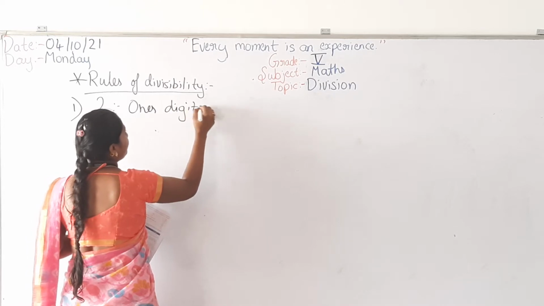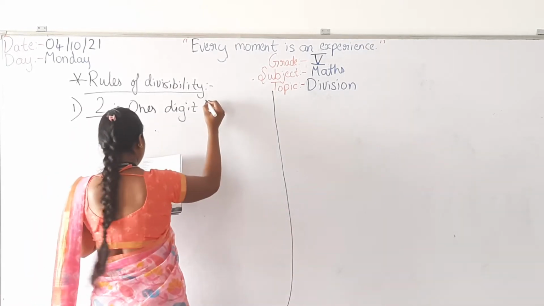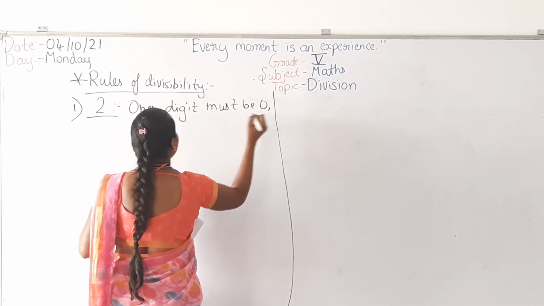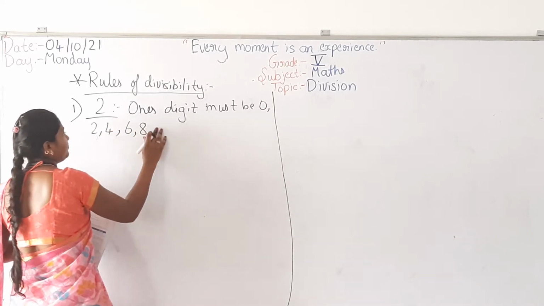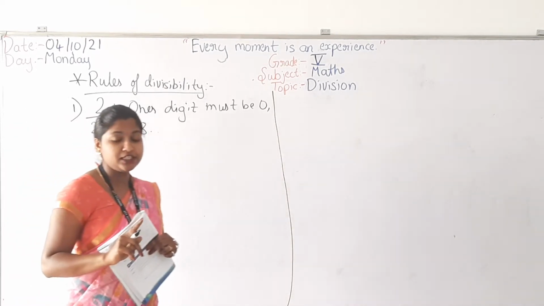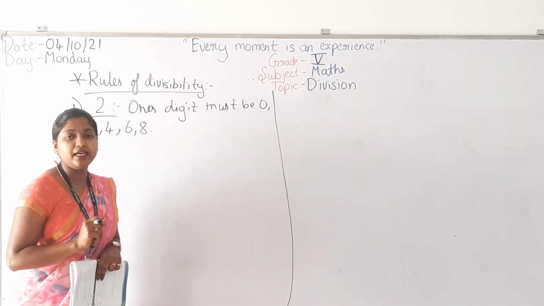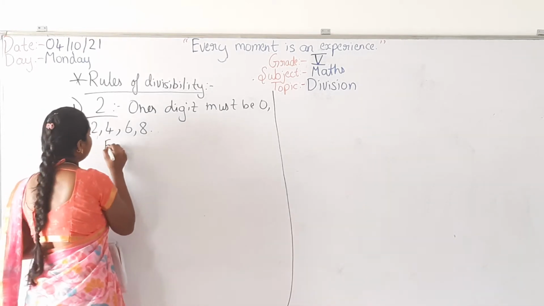The number in the ones digit must be 0, 2, 4, 6, 8. Then it is divisible by number 2. For example,